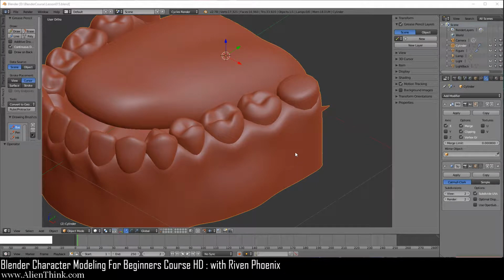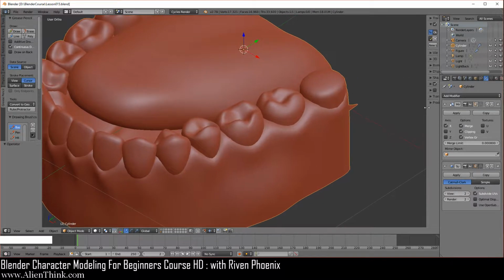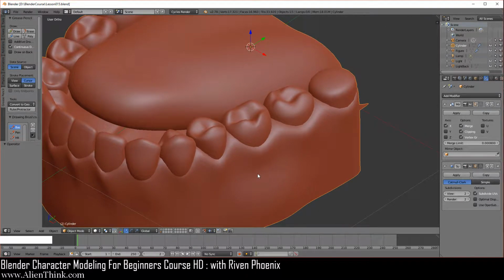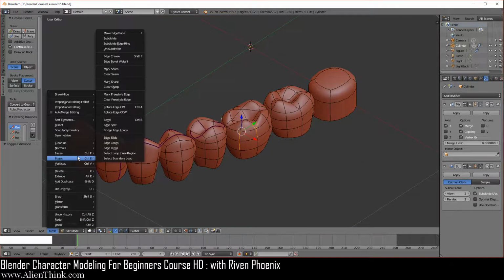Okay, so now what we're going to do is finish off this last tooth over here, modify the gums, and make the tongue longer, and this will just wrap up this lower area of the mouth. So what you want to do is, let's go ahead and close this off since we left this open in the previous lesson. Make sure your snapping is enabled, your background increment is set on global, and this is on median point. And go ahead and under edit mesh edges, make sure your shortcut key is there.